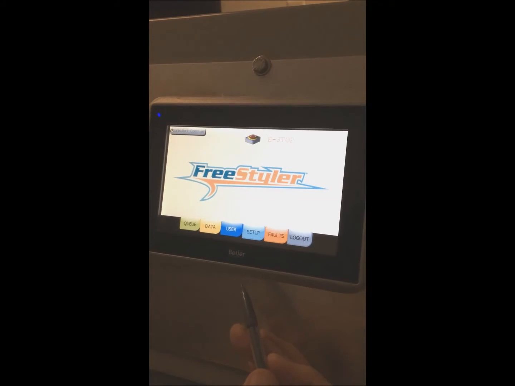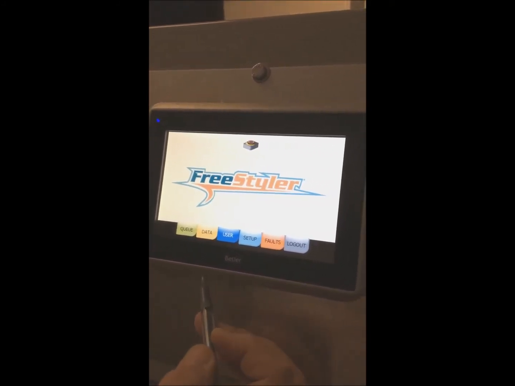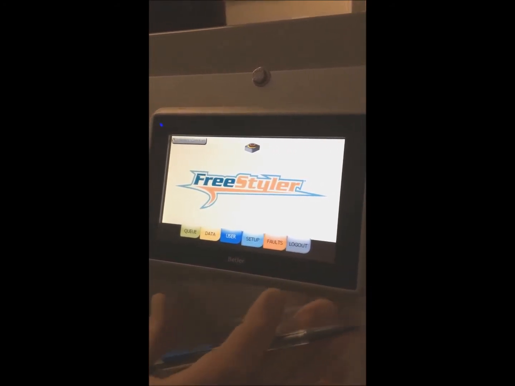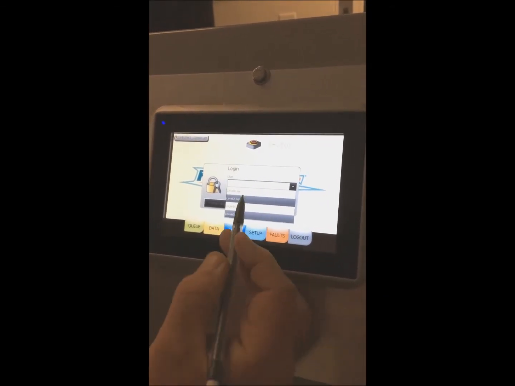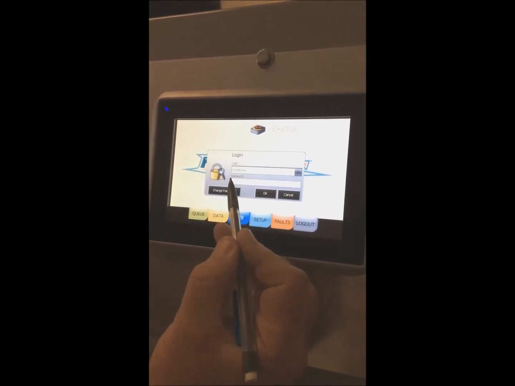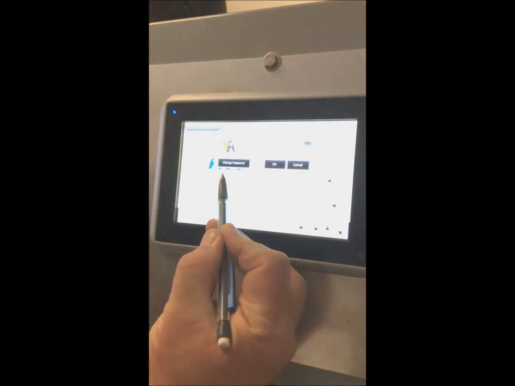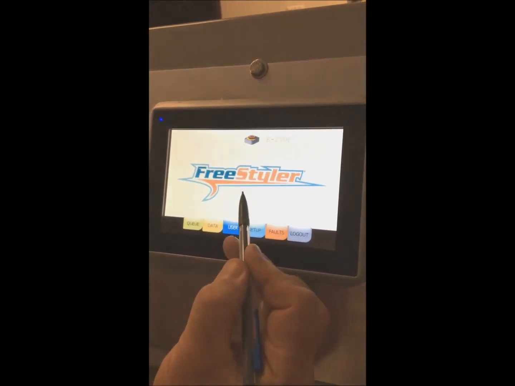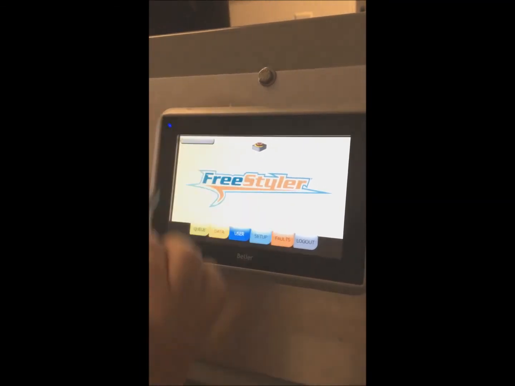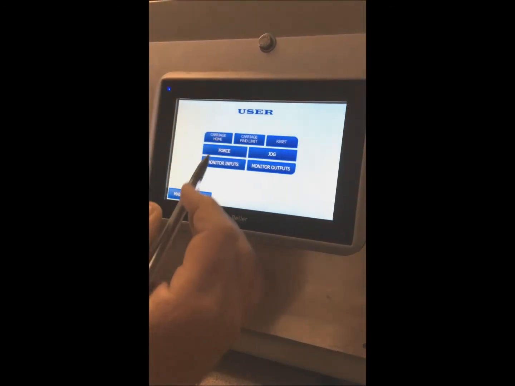All right, so now we're going to try to get into level 4. Level 4 is going to give you access to everything in your car wash. So let's hit the setup. And again, that screen's going to pop up. We're going to go to level 4. And the default password for level 4 is 4444. Hit OK. It says we've logged in successfully. So this is being a Freestyler. Again, now we have access to our queue, data, user where we can jog and force,